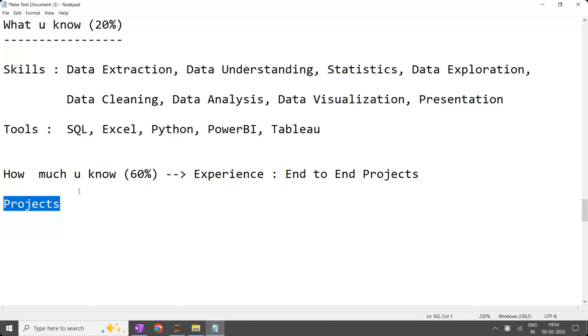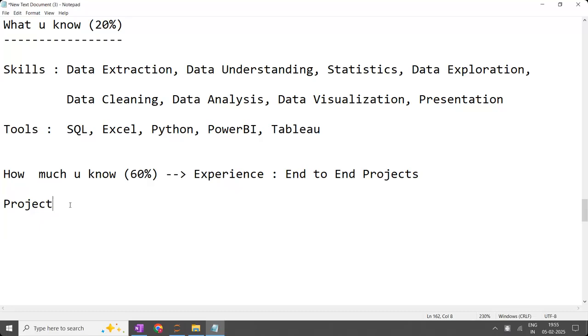In the resume, experienced people are going to mention what experience they have. Suppose I say I have 4 years of experience as a data analyst. Let's take a small example: I have 14 years of overall experience, and let us take 4 years as a data analyst. If I say what I have done in those 4 years, what is the meaning of my 4 years of experience?